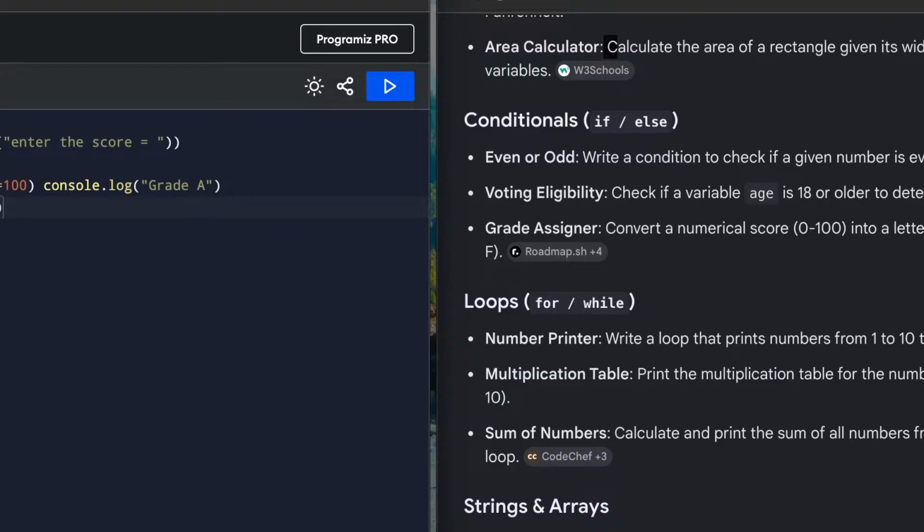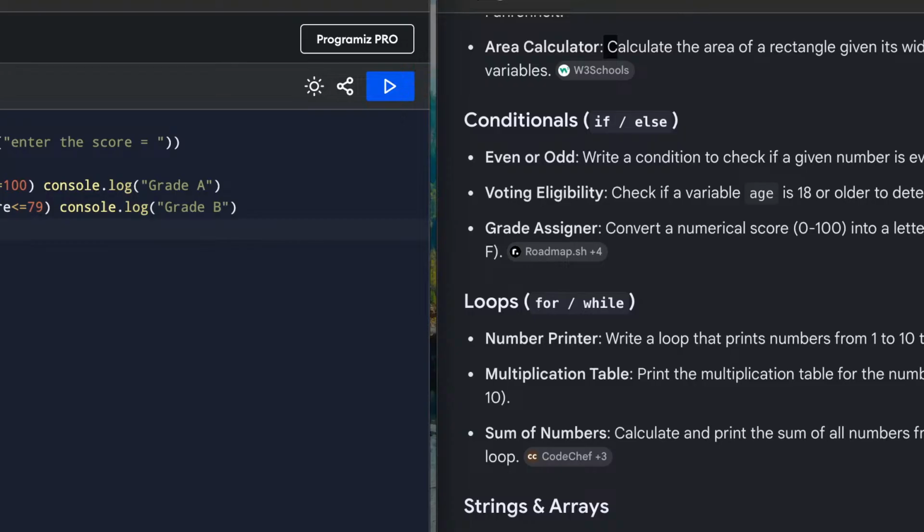I think 79 was less. They are scoring B. Yeah, maybe B. console.log grade B,